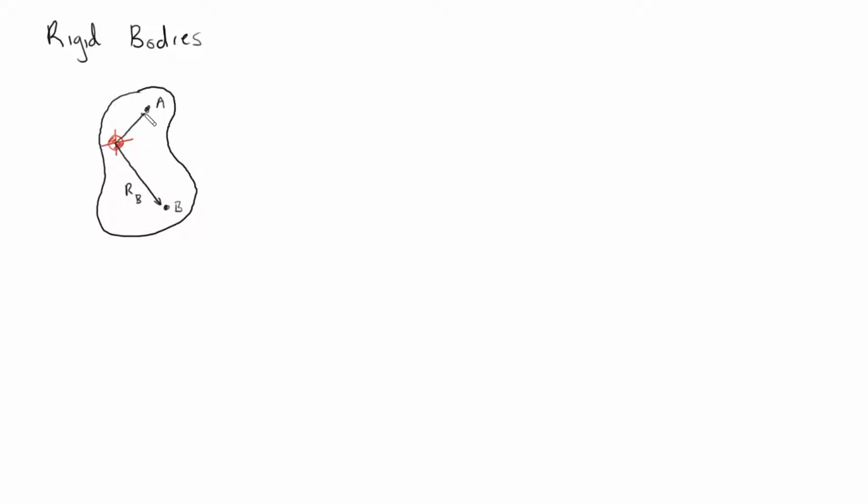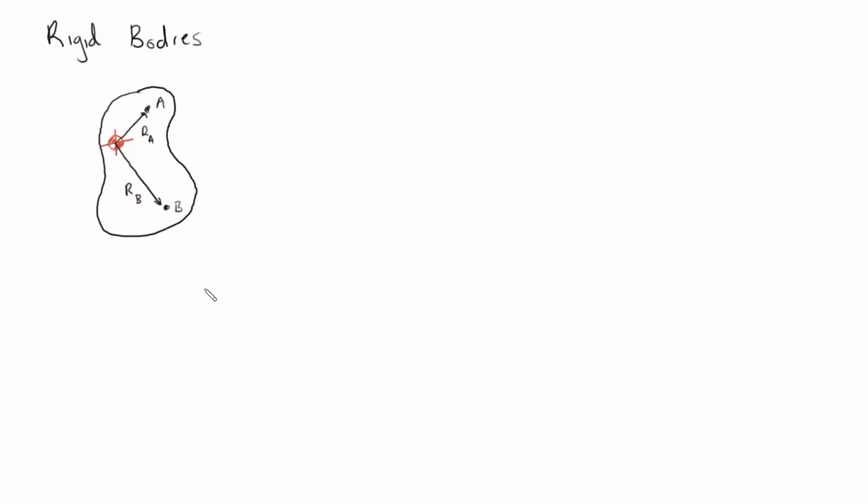this position vector RA, what we know is that the distances are always constant between A to the center of mass and B to the center of mass. This will always be constant. There's no idea of deformation. But theoretically, every object has some small deformation to them when a load is applied to them. But for the problems that we're going to solve in this video lectures, we're going to assume that that deformation